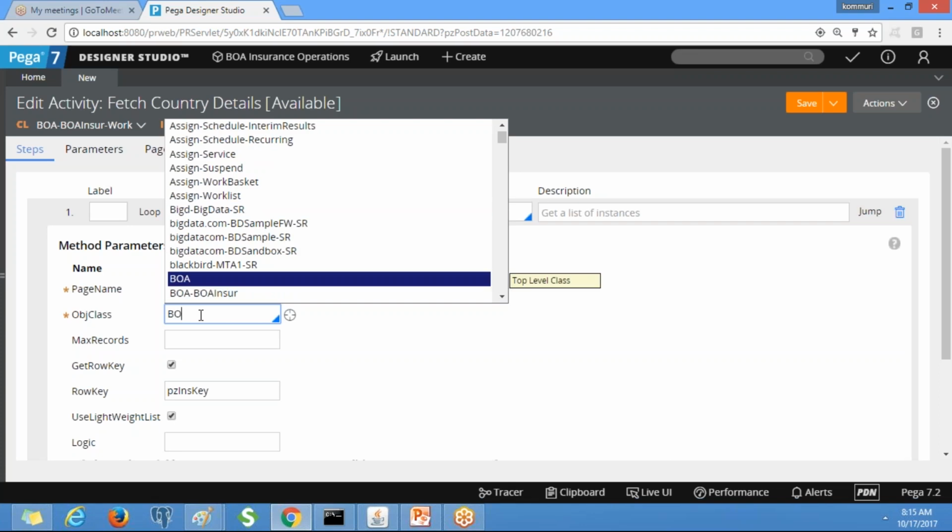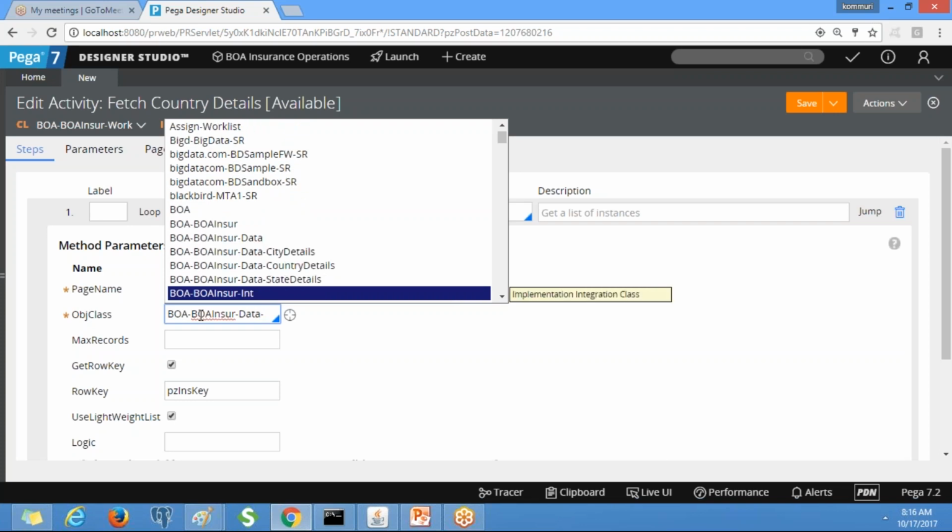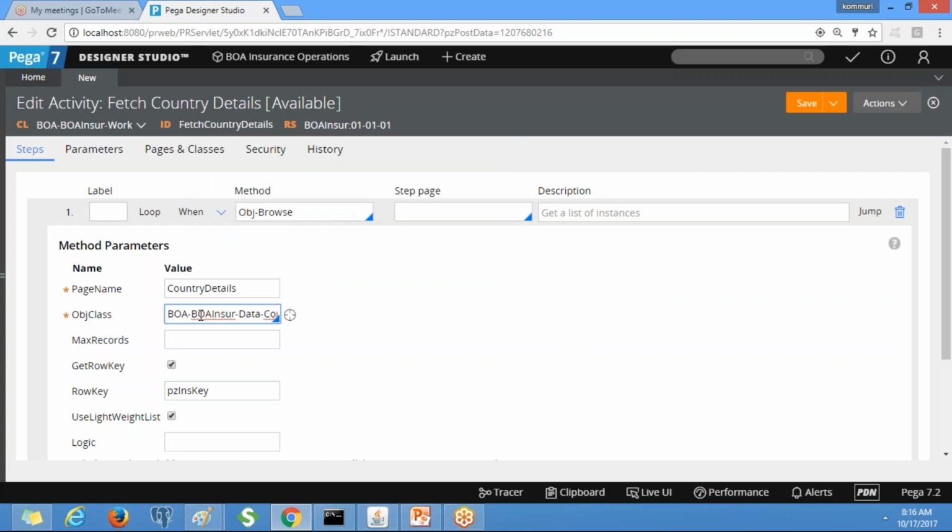You just need to select BOA-BOA insurance-Data-country details. This is the class you need to select. Now you click on save.